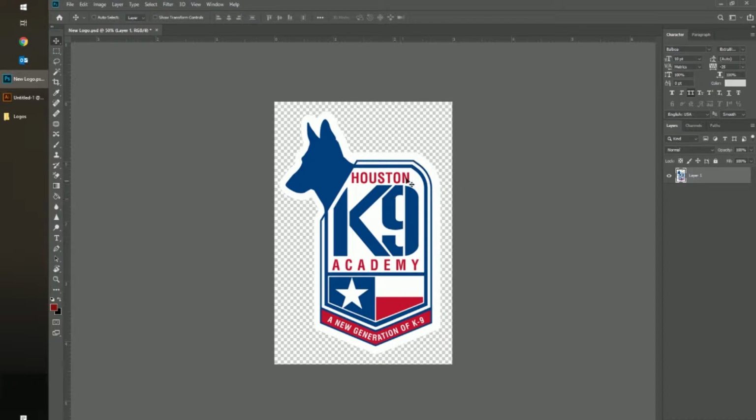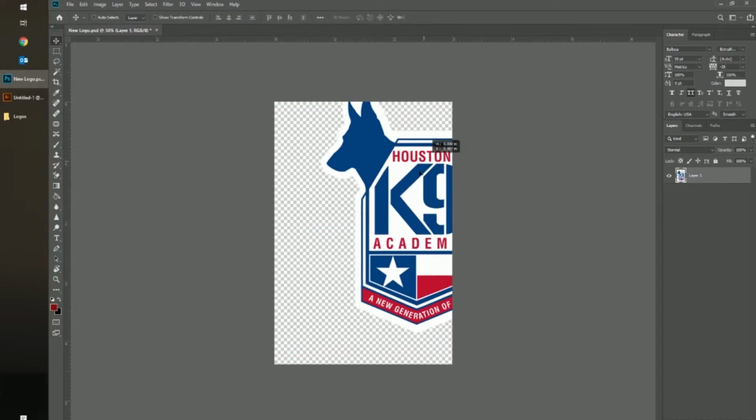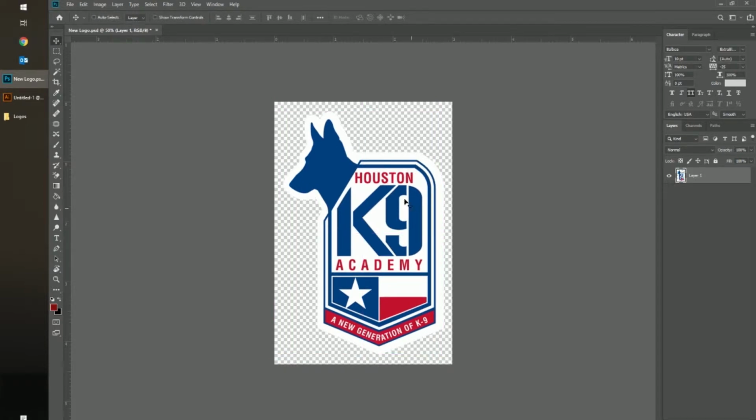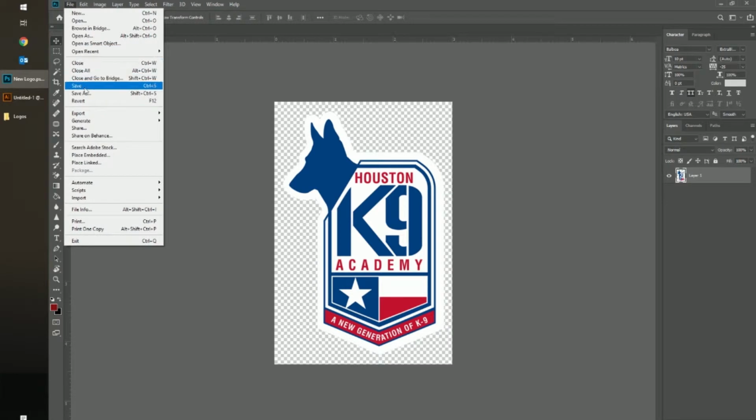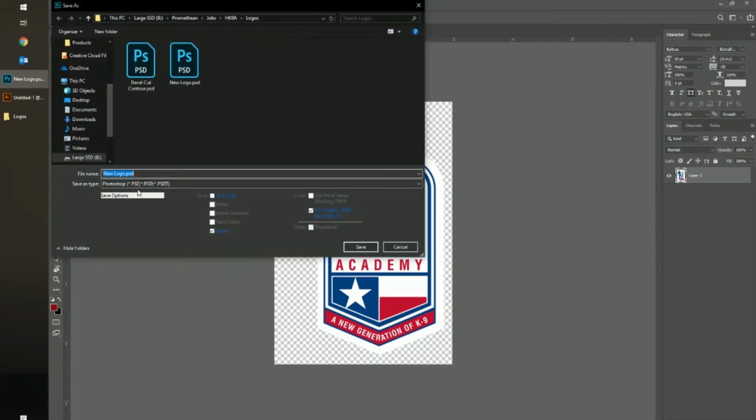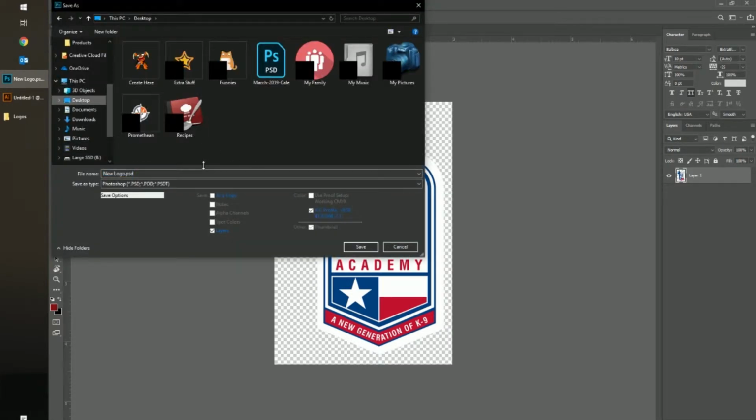Now, this is the decal, and you can see it has a white stroke around the outside, so it's not just transparent. It has this white outside stroke, but then the background is transparent. So I'm going to save this as a PNG. All I'm going to do is go Save As, and we can name it whatever we want. I'm going to put it on my desktop, and I'm going to name it